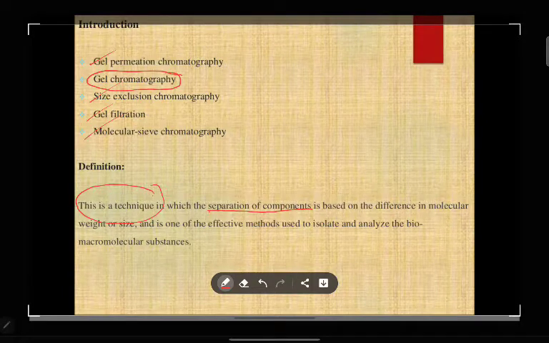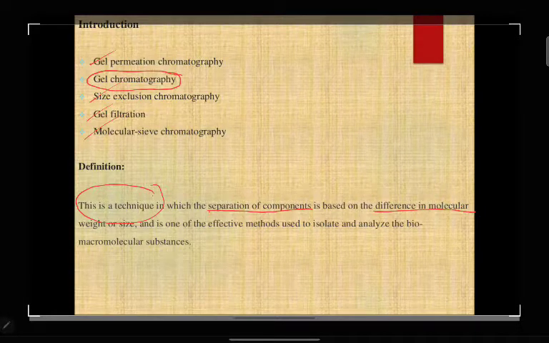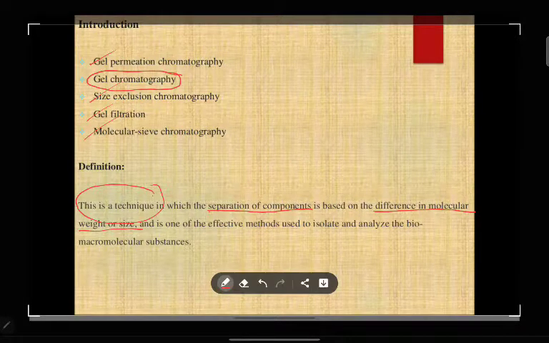So here we are going to separate the mixture of components based upon their molecular weight or molecular size. Okay, so this is the exact definition of gel chromatography or gel permeation chromatography.